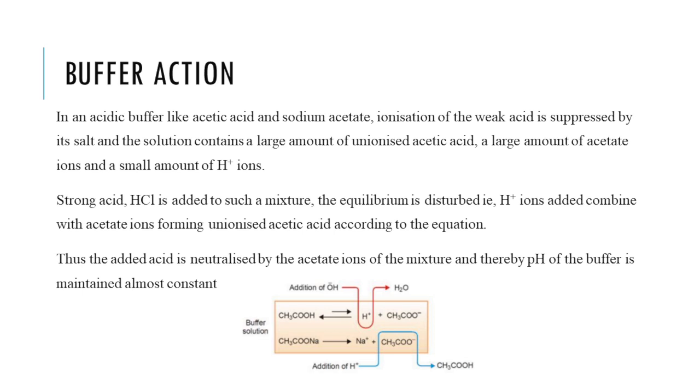Now coming to the most important point, how this buffer action is taking place. For example, take the case of an acidic buffer. As I already told you, the example is acetic acid and sodium acetate. The ionization of acetic acid takes place like in the equation that I am showing. In this equation, you can see the ionization happens and H+ and CH3COO- acetate ions are forming. And when we are adding another substance like a strong acid, like HCl,